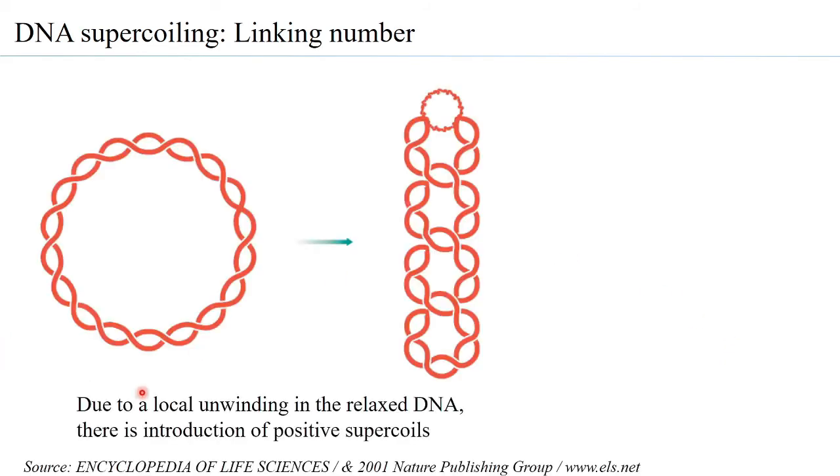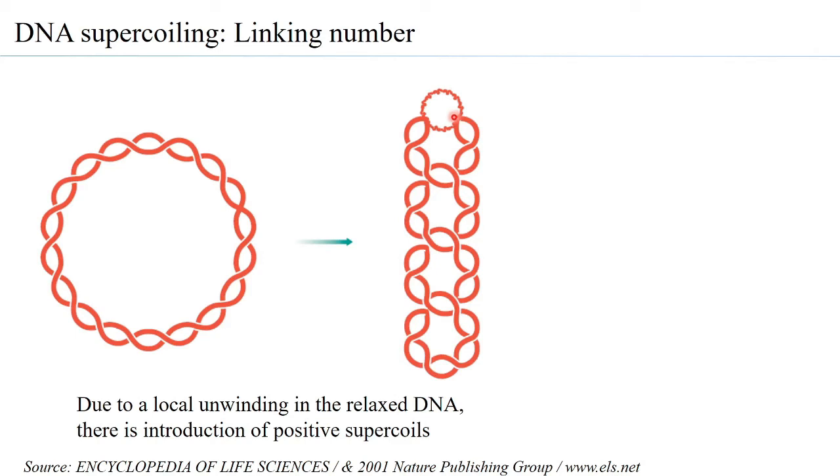So we are again looking at this. You have a closed circular DNA, and interestingly when a local part of this closed circular DNA is opened, it is unwound at this part, then to compensate for the opening or decrease of the twists, what is increasing? The Wigners are increasing. Can you see? Due to the opening of the DNA at one portion of the closed circular DNA, obviously when you open the DNA, the twists are going to decrease.